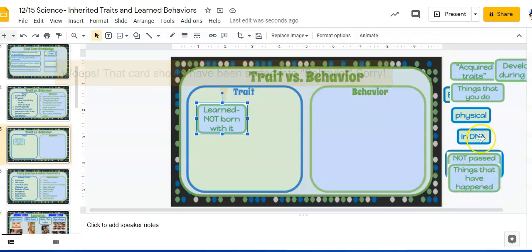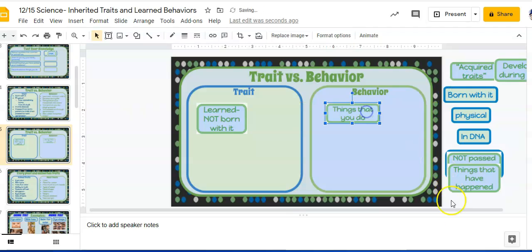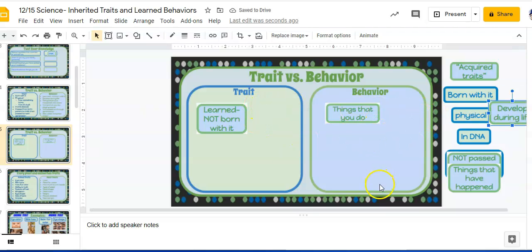Okay, so if something is a thing that you do, you can put that in behaviors. Okay, so each of these, you can pick them up and drag them and put them in the box that you need to in order to complete those. All right, and you can refer back to the previous slide to help you put all those in the right